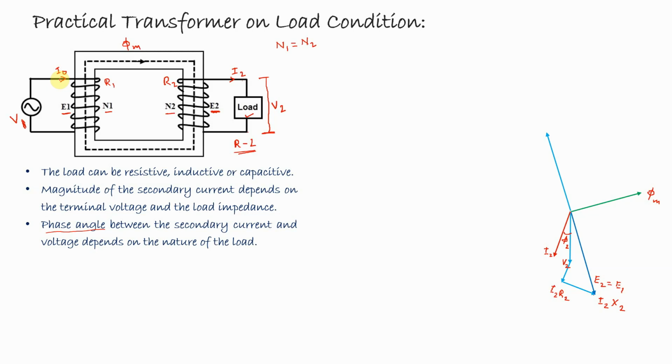Now, as we have seen, during no load condition, the current which is flowing in the primary winding leads the mutual flux, that you have already seen in the previous slide. So here it is the no load current I naught. Whether the transformer is operating at loaded condition or no load condition, in all conditions there should be I naught present in the primary winding, and I naught will always lead the mutual flux by the angle of alpha, that is the hysteretic angle.